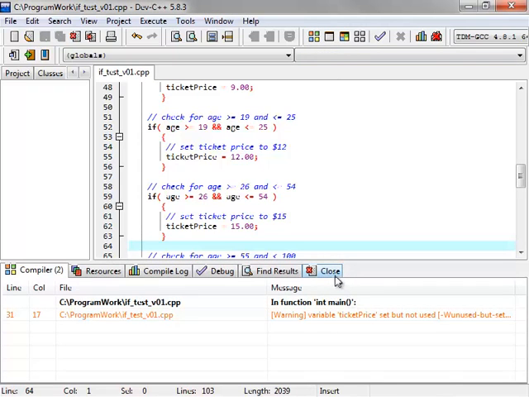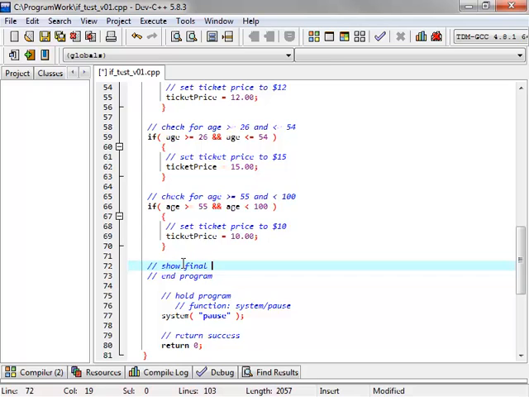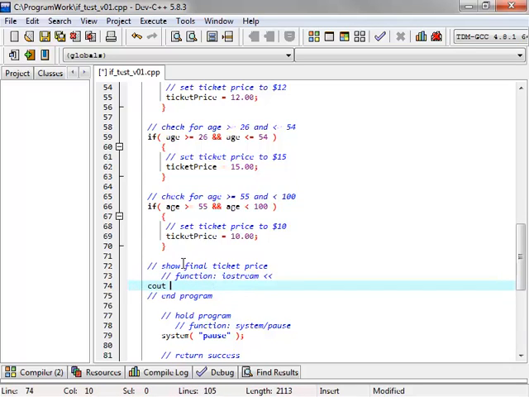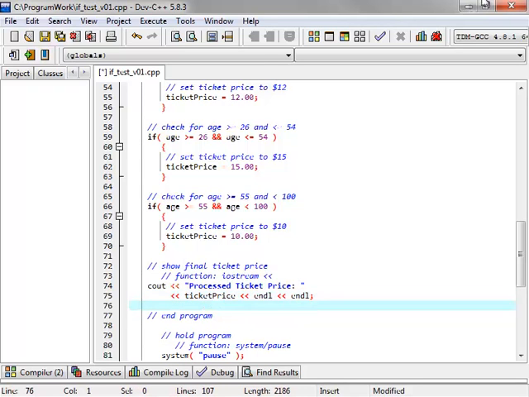And we'll see the ticket price was set but not used. And we can go ahead and run this out and add that to the end of our program. Show final ticket price. We'll call it processed ticket price, variable ticket price. We'll hit a couple of endls after that and compile,